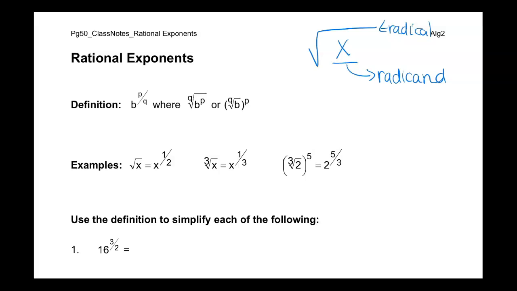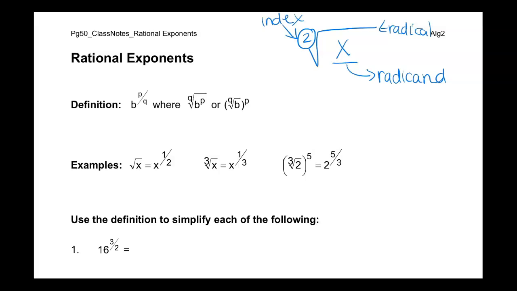The last thing is whatever number sits on top of your radical. In this case, by not having a number there, it's safe to assume that that number is 2. That number is called an index. I'm going to frequently refer to all of these pieces, especially when we go over simplifying radicals, so we're going to need to know these different pieces. The radical is the actual shape itself. The radicand is whatever information is underneath that radical, and the index is the number that sits right outside,